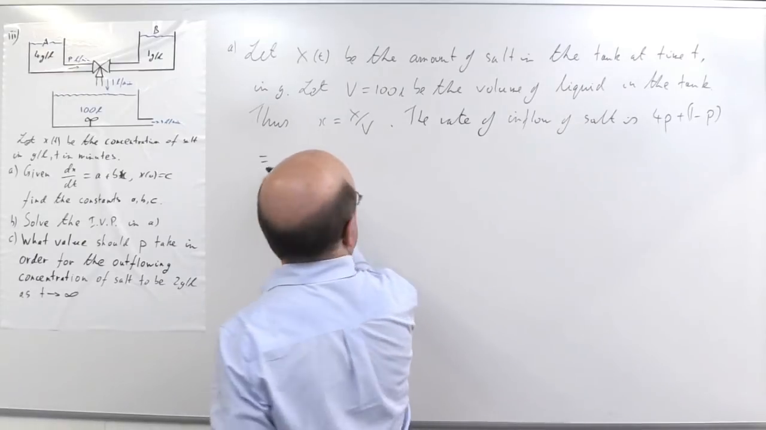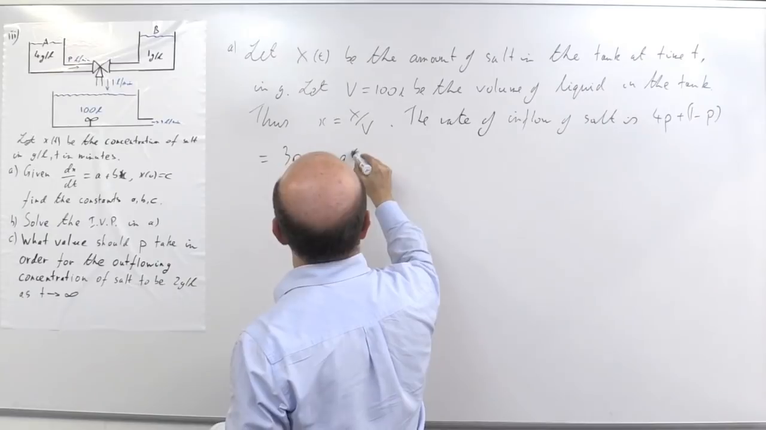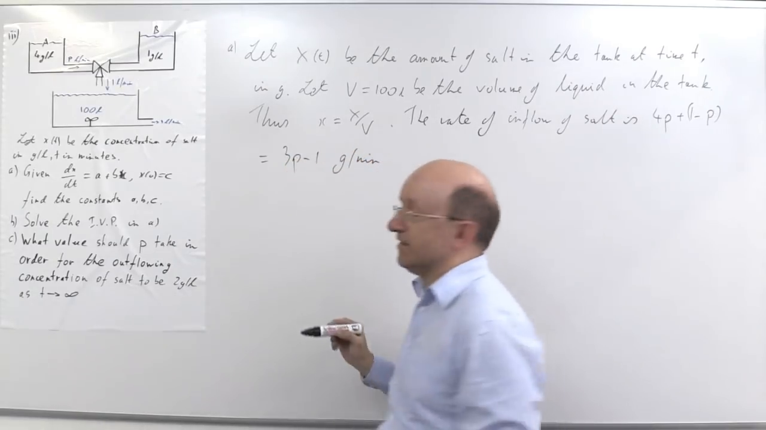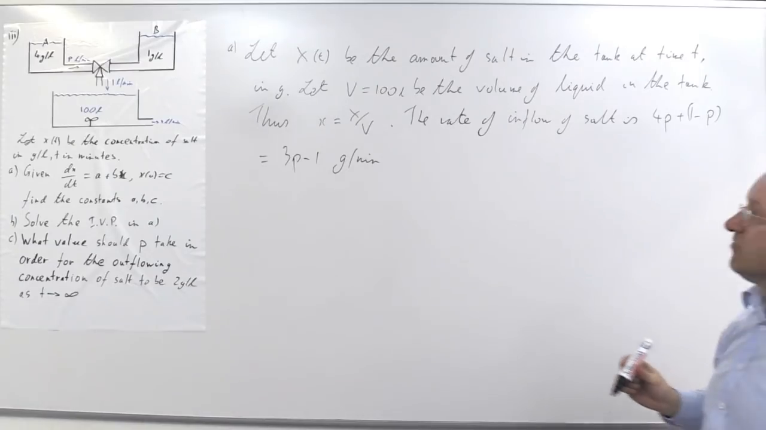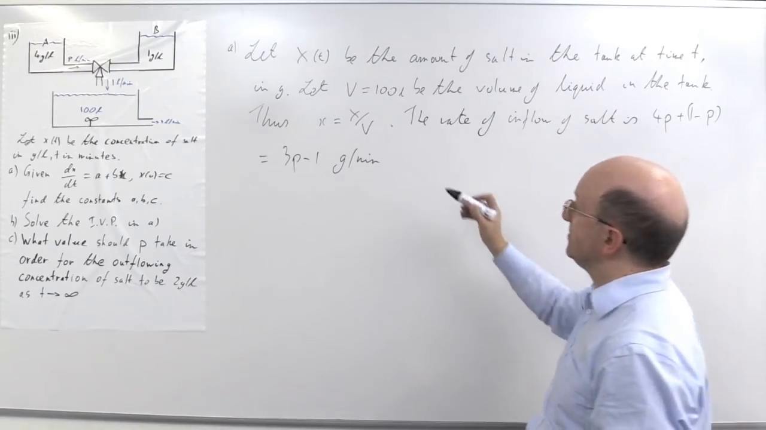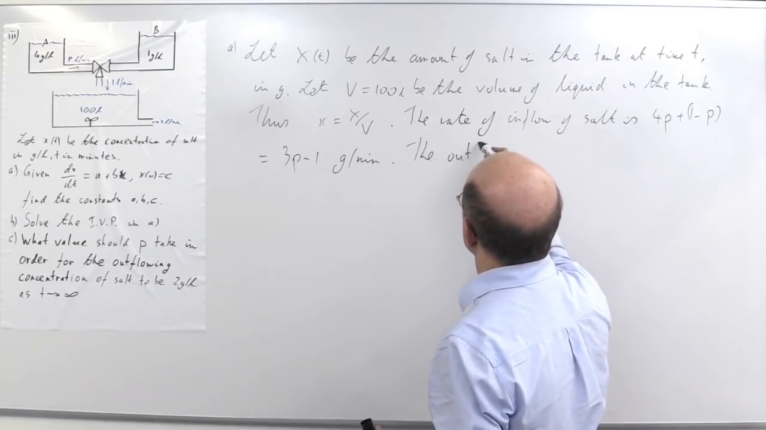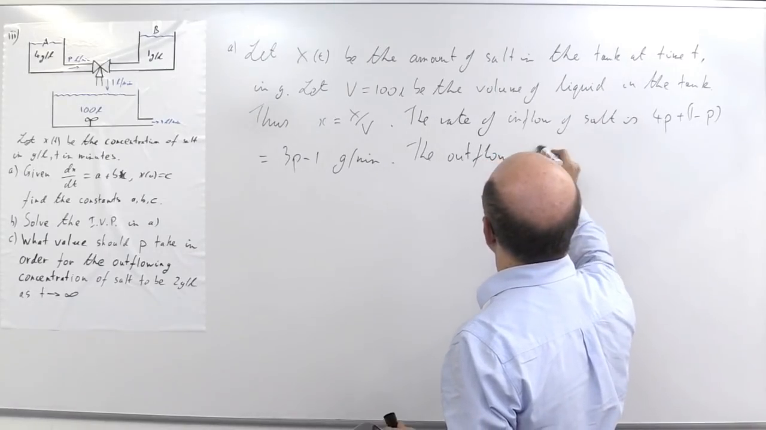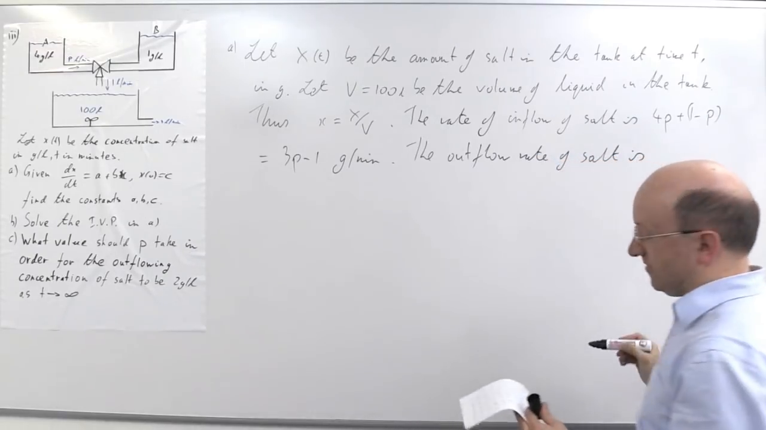Which of course is 3P minus 1 grams per minute. What's the rate of outflow? So the outflow rate of salt is, well,